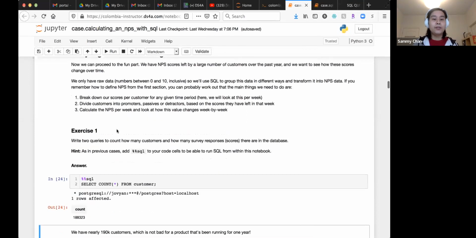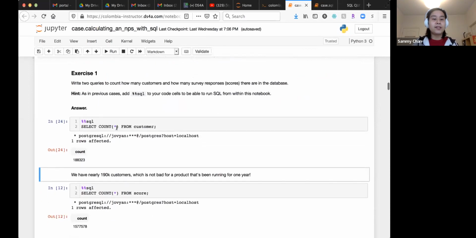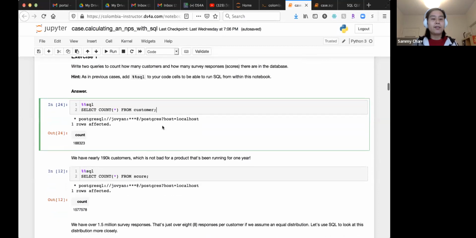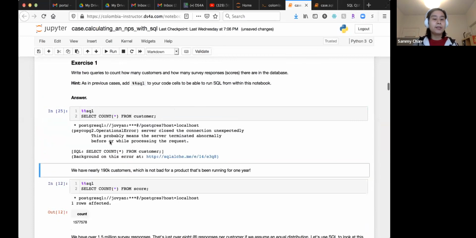So let's dive into our first exercise, which asks us to write 2 queries to count how many customers and how many survey responses were in our database. This is relatively simple. We just count all the rows in our customer table, and okay,